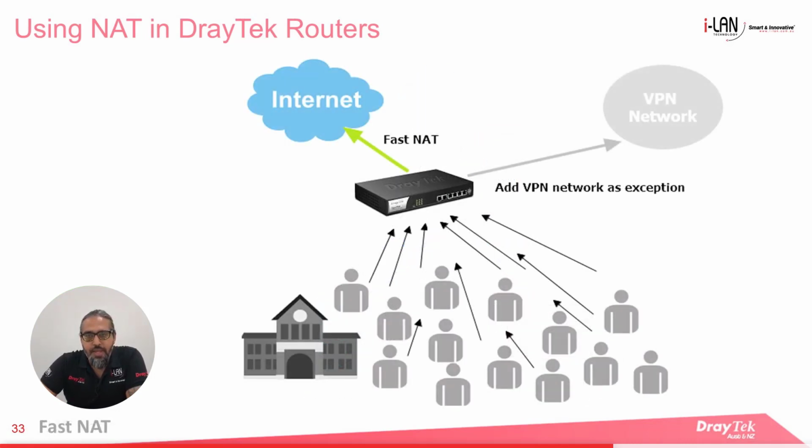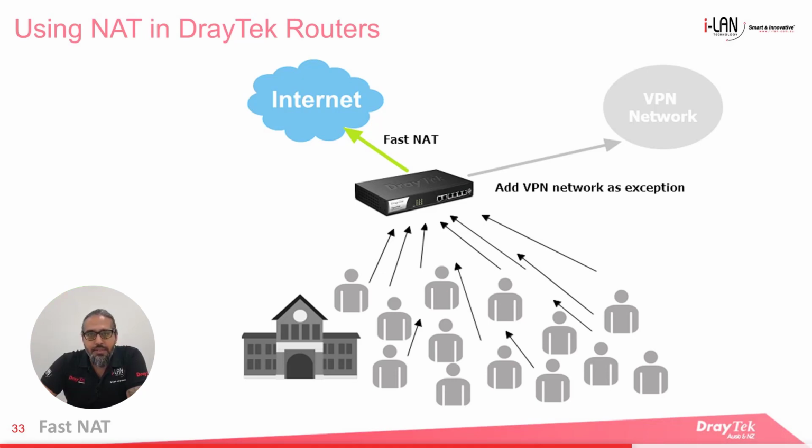FastNAT is a feature available in Linux-based routers such as the VIGA 3900 and VIGA 2960. It allows specific LAN hosts to skip inspection by the CPU and go to the fast NAT path directly. What this means is that the router will forward the traffic from a particular LAN to the chosen WAN directly. This function reduces CPU load and speeds up the performance of the NAT sessions. However, due to the traffic skipping, some features will not work on the fast NAT LAN, which includes the firewall.